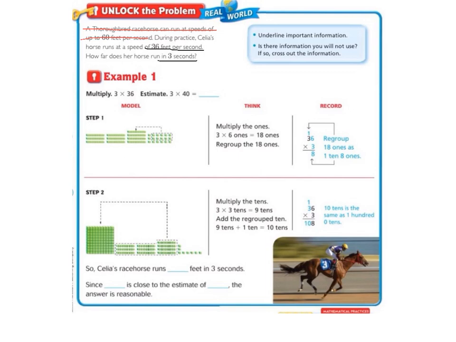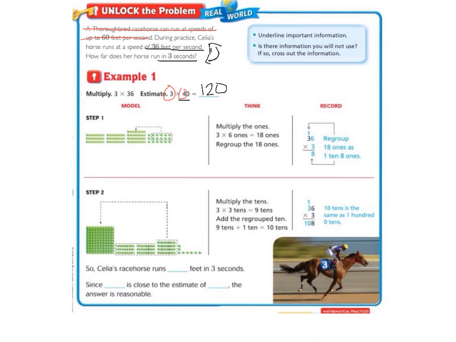We're going to multiply 3 by 36, because she can run 36 feet per second, and she's going to run for 3 seconds. So we have 3 times 36. Well, let's make 36 into a nice, easy number. We're going to round it to 40. And then we can use our basic facts of 3 times 4 equals 12, and then add on a 0. So it's going to be about 120. Step 1 has us